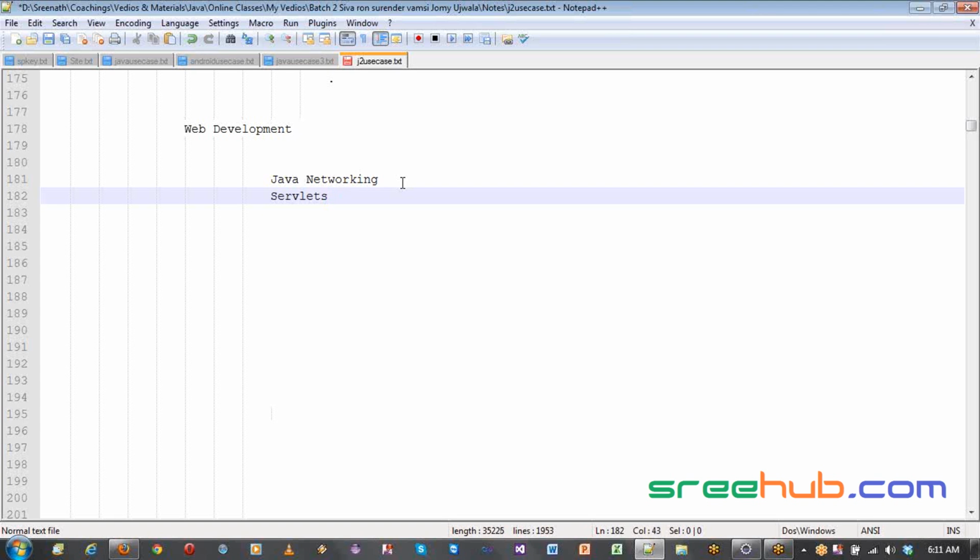In this servlets part, we'll first understand two things, which are CGI and ASP. And then we'll move on to servlets. We'll just see why we have servlets and what exactly